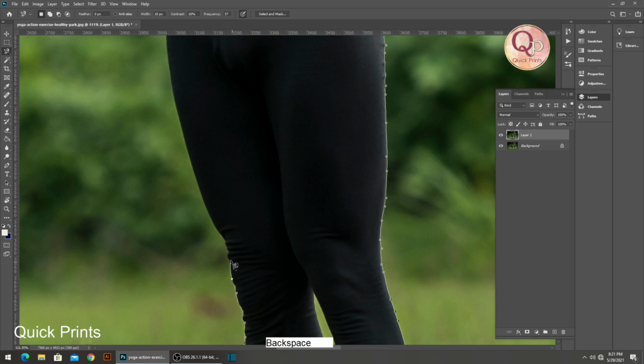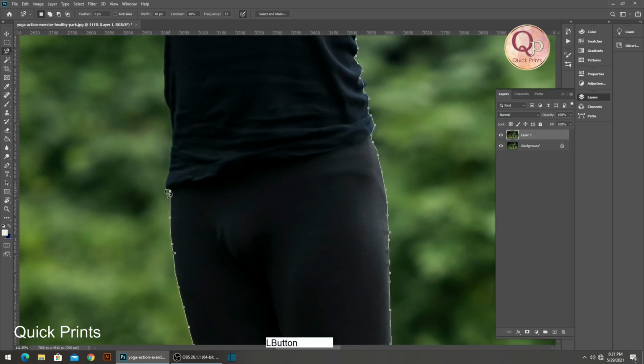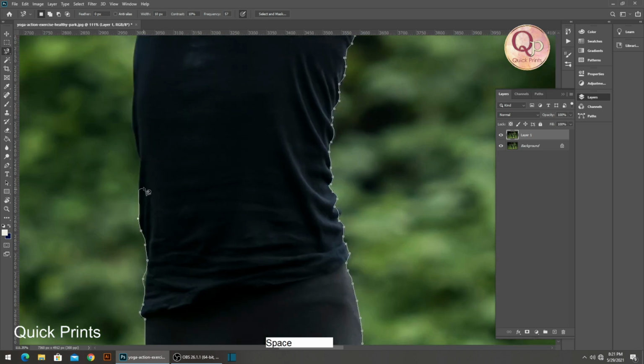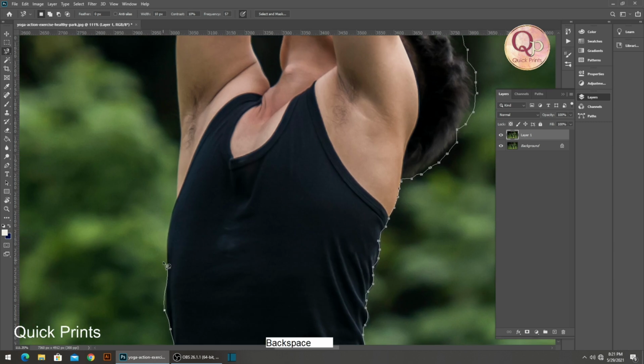Okay, I have to make some points here, right? Backspace is the command where we can go back to the previous point or click where we have clicked. Let's do it. Okay, back and click.